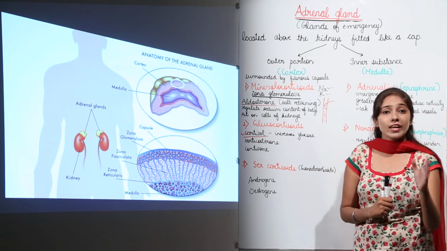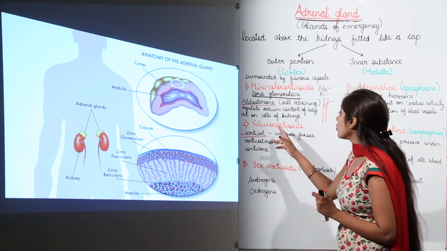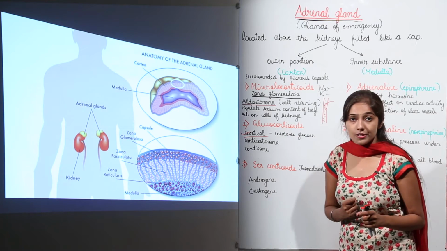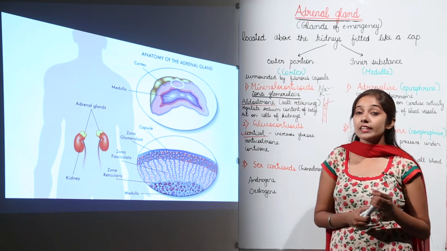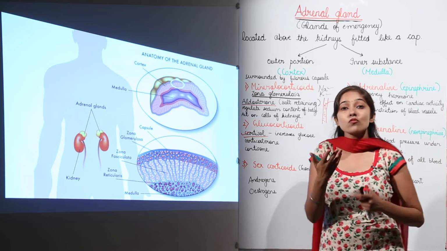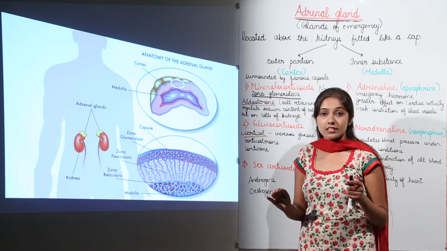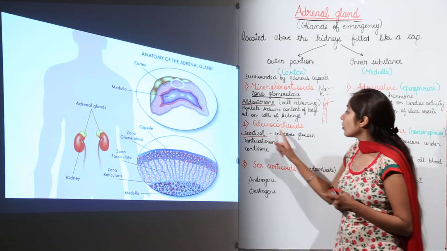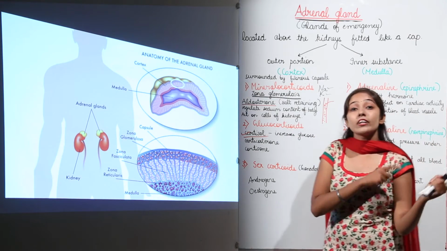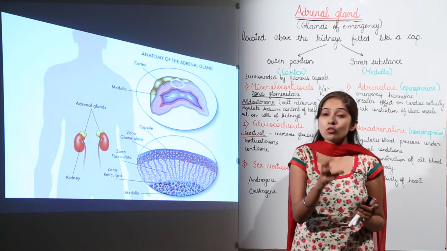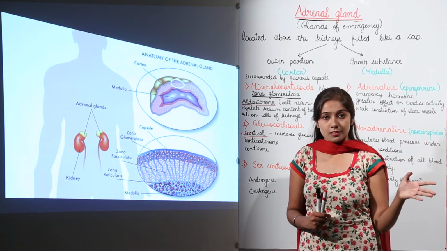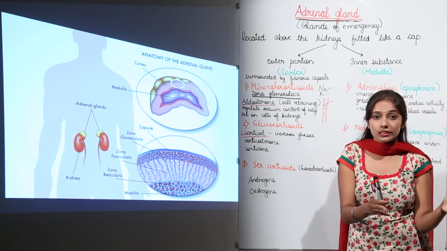Now, what are the effects of these glucocorticoids? Well, these glucocorticoids majorly increase the glucose content in your blood. So, when they increase the glucose content in your blood, this is going to be an anti-insulin effect, because insulin does what? Insulin actually reduces the glucose content in your blood, it regulates that. But the glucocorticoids are going to increase the glucose content in your blood from non-carbohydrate sources, right. And what are those non-carbohydrate sources? They are the proteins, they are the fats, amino acids. So, from the non-carbohydrate sources, they are going to